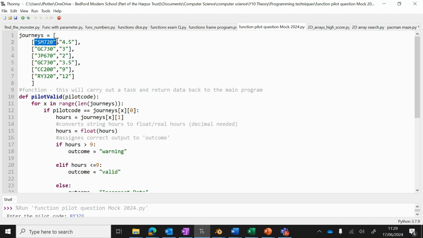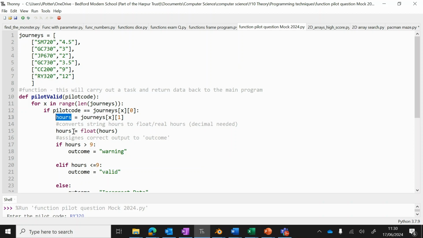Okay, so if it's equal to that, so if that pilot code exists, we then look at what is in column 1. Okay, so column 1 is 4.5. So that assigns the value 4.5 to hours. Okay. Now at the moment, 4.5 is a string, so we can't really do anything with it calculations wise.